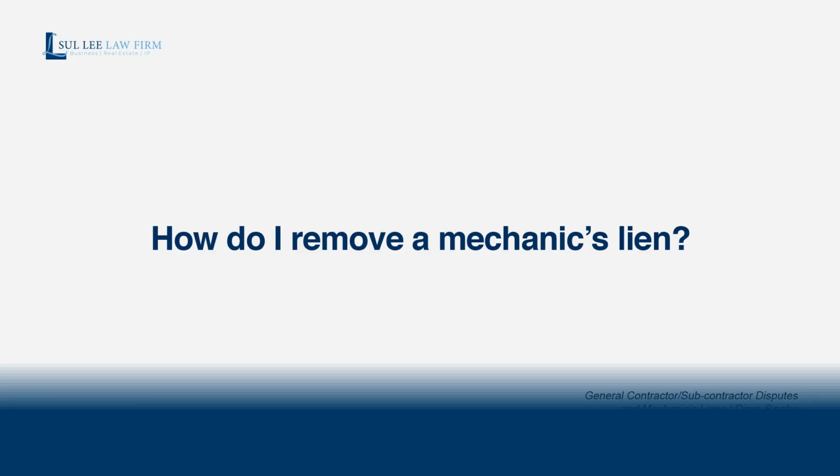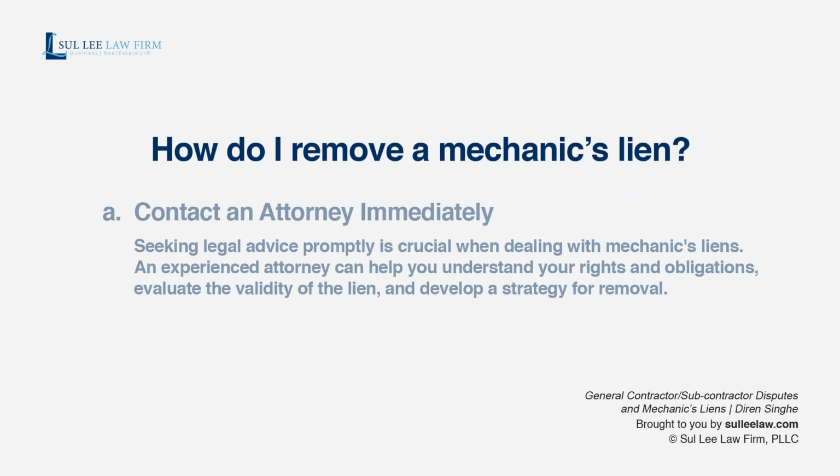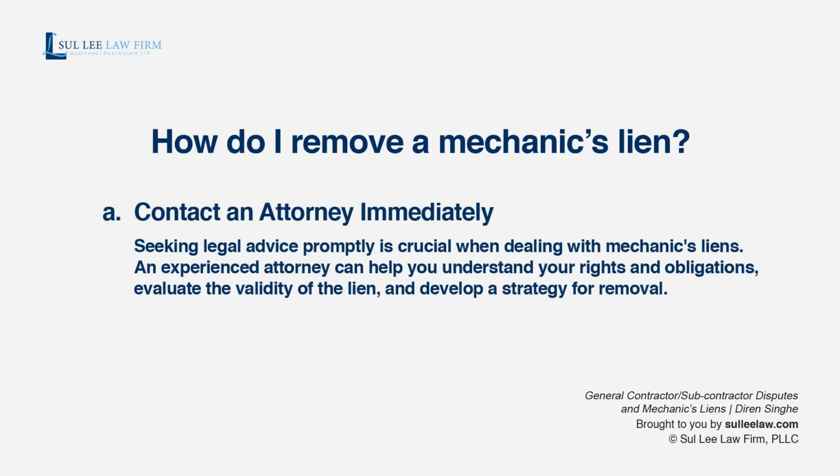If you're a property owner or if you're acquiring property, one of the things you're probably wondering about is, well, how do I remove these liens that are on the title to my property? First step, contact an attorney. Any commercial, especially a commercial property attorney who's familiar with these things, will be able to start to apply the appropriate pressure. It's going to be a question of taking a look at your rights and obligations as a property owner. It's going to be taking a look at whether or not the lien was appropriately filed and can be extinguished in the first place. And it'll fundamentally be an issue of negotiation once all that's figured out.